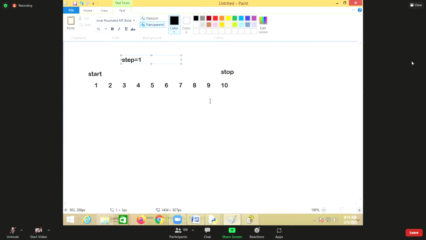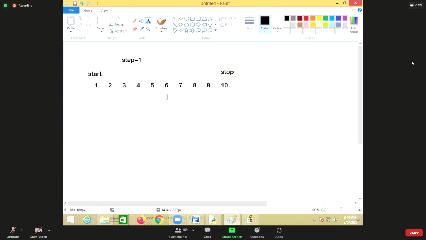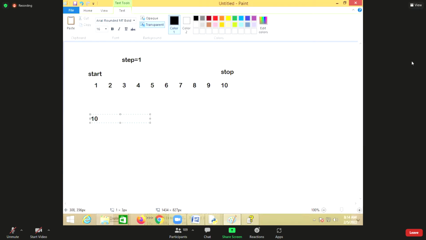So is it incrementing or decrementing? Incrementing. Suppose I want to generate values from 10 down to 1: 10, 9, 8, 7, 6, 5, 4, 3, 2, 1. Then what is the start? 10.